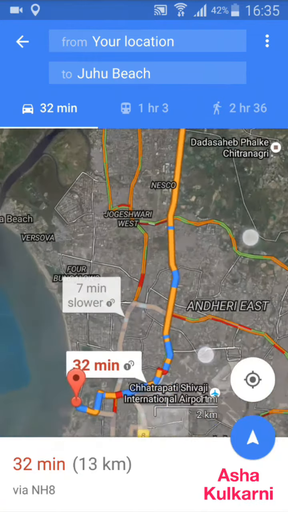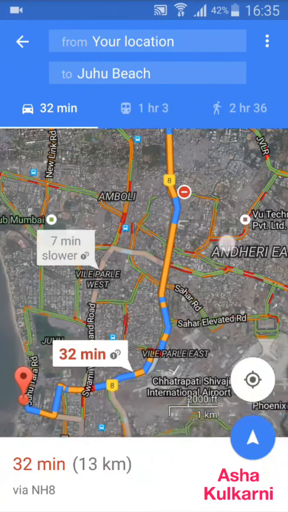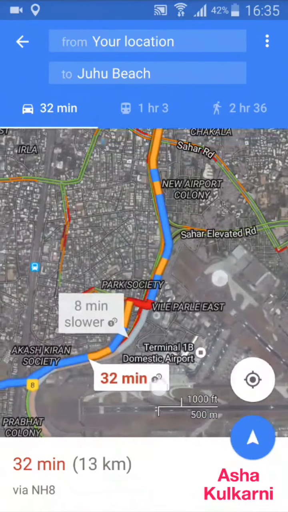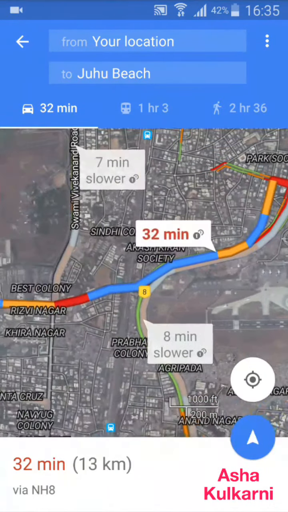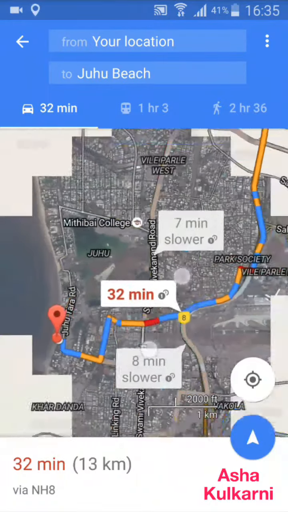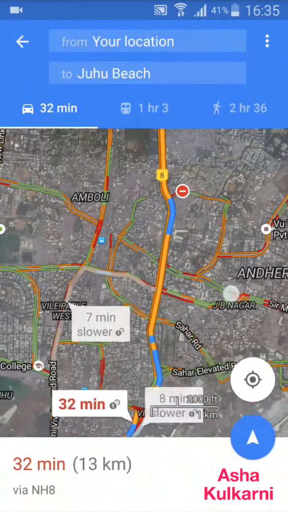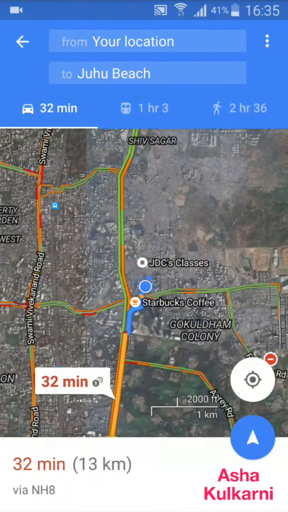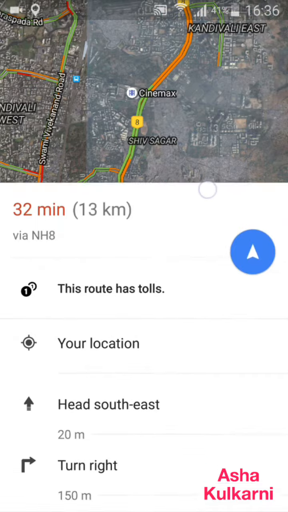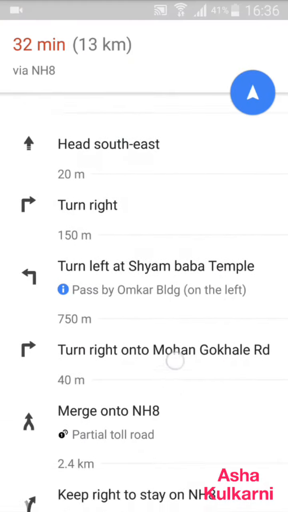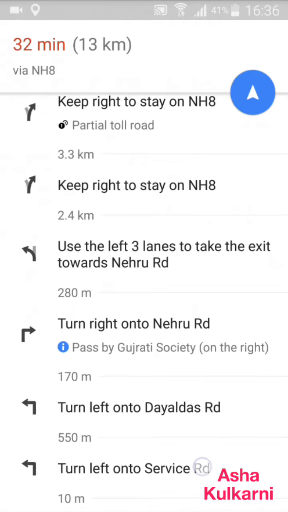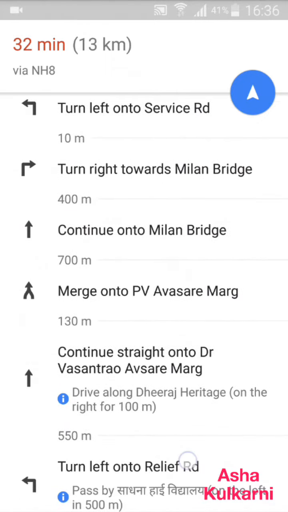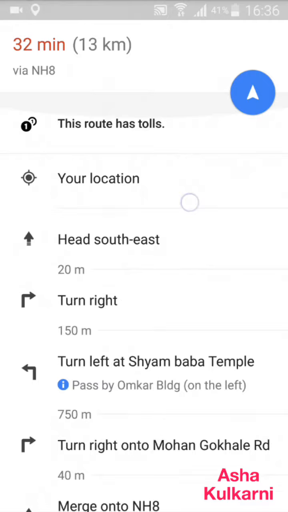Now you can see you can zoom in and out. You can see the road map. Zoom in as much as you want and see which road it is showing me, which road to go by. Once you start your trip with the phone in your hand, it will also show you step by step how you have to take the left and right turns on the road wherever you have to go. It is showing you all the routes here.